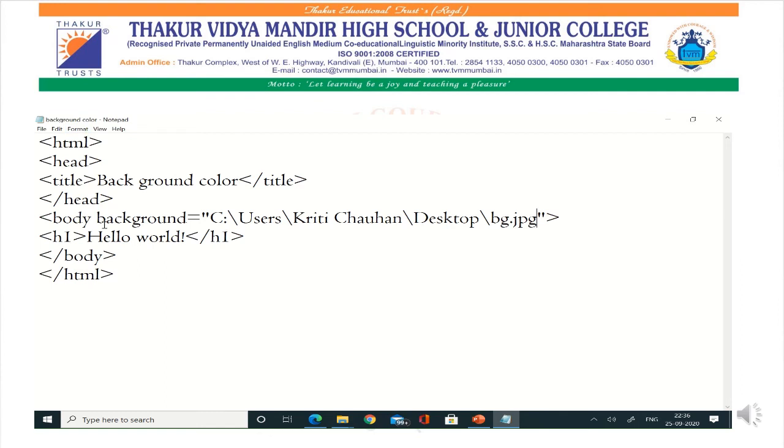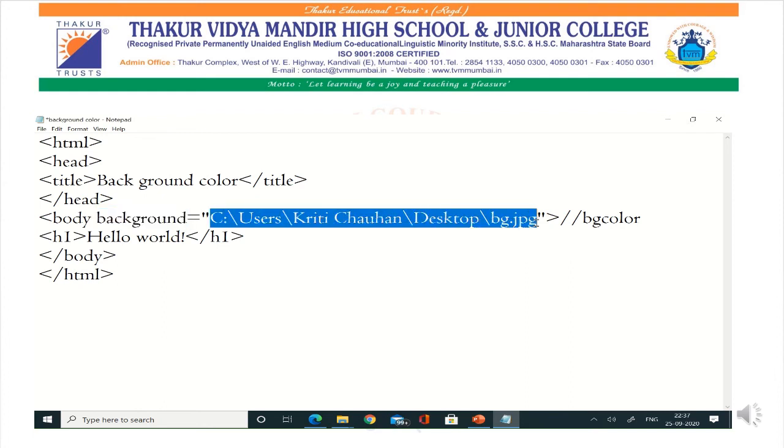If you want a color in the background, you can write here bgcolor, with no space, or background equals to. Now this is the entire location of your image. Clear? This location defines from where your web page is uploading the image on the web page.